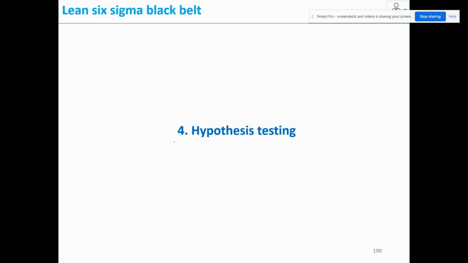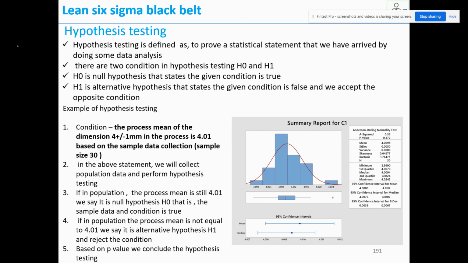So next let us go for hypothesis testing. So what is hypothesis testing? In previous chapters we have seen how to prove whether a given statement is correct or not statistically. Hypothesis testing is defined as proving a statistical statement that we have arrived at by doing some data analysis.